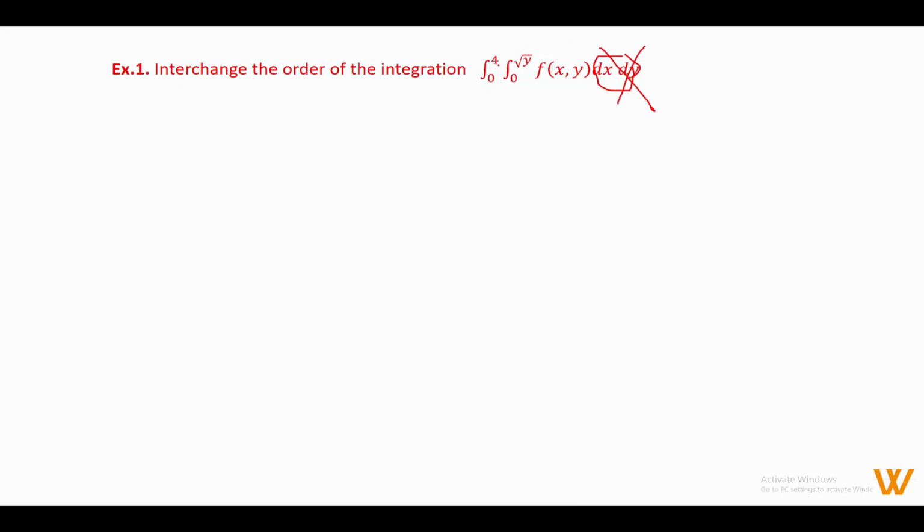These are constant values. These limits are variable. This is a variable, this term is in terms of y, so this is the value of x. Means the second integration is the value of x and the first integration is the value of y. Therefore, the given integration, integral 0 to 4, integral 0 to root y, f of x y dx dy, equals